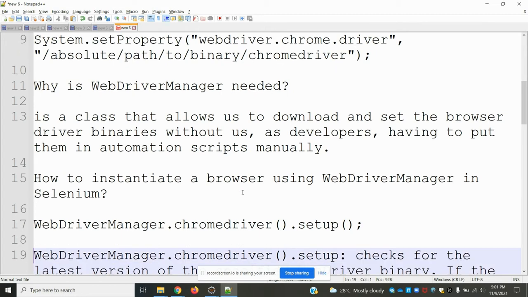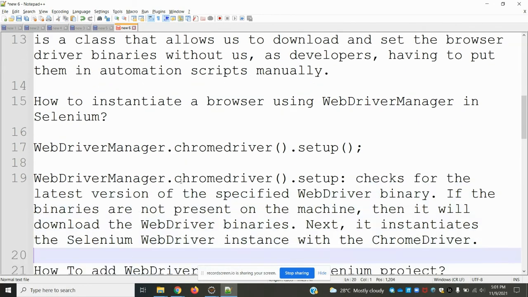To overcome this, WebDriver Manager was introduced. It allows you to download the browser driver binaries without manual effort; it downloads them automatically and stores them in your location. WebDriver Manager is a class.